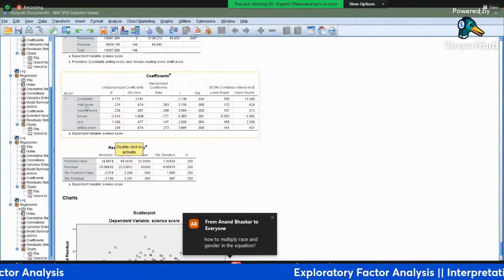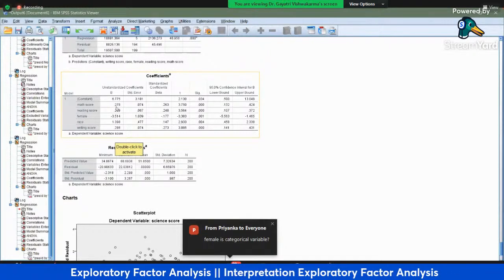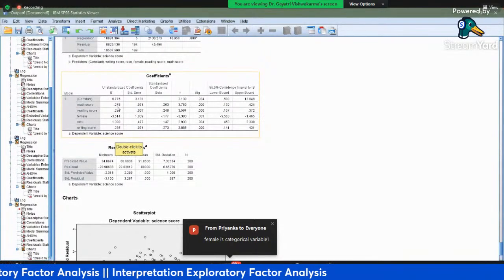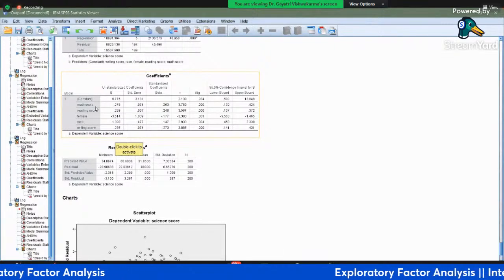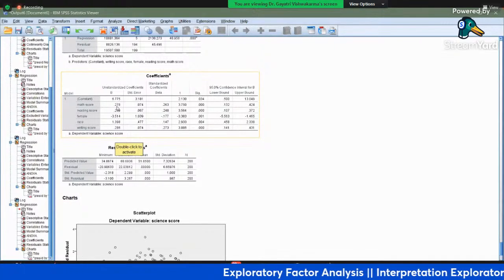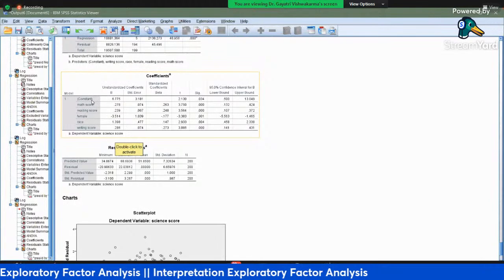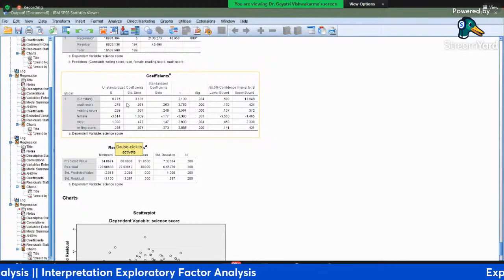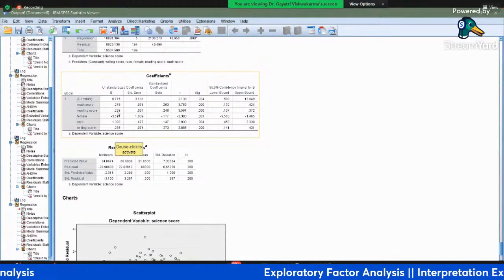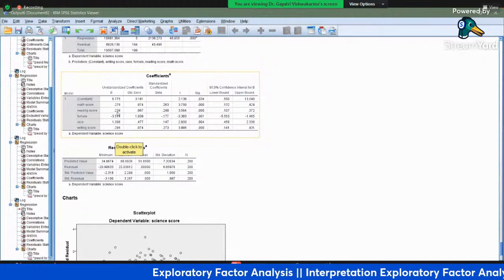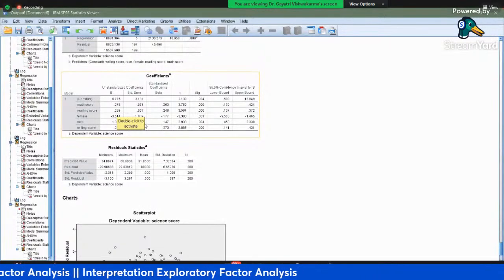Now if we have to define the math score, this is what the interpretation is saying here: if the maths score is increasing by 0.27 unit, that means the science score will increase by 1 unit. Similarly, for the reading score, if the reading score is increasing by 0.24, you can say in 2 decimal points, by 1 unit, then the science score will increase.